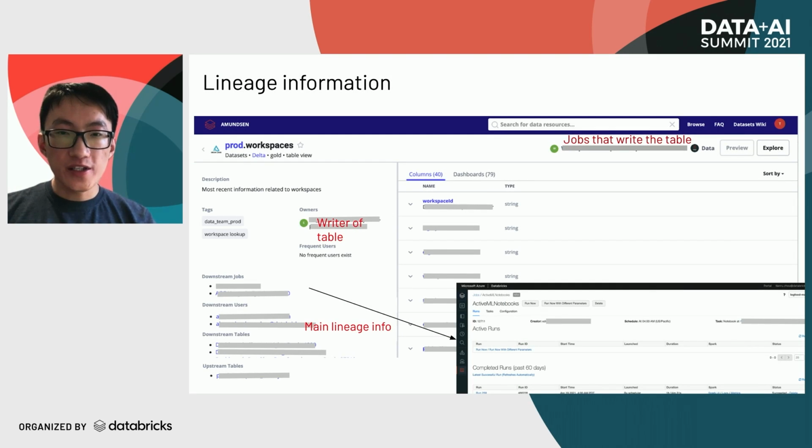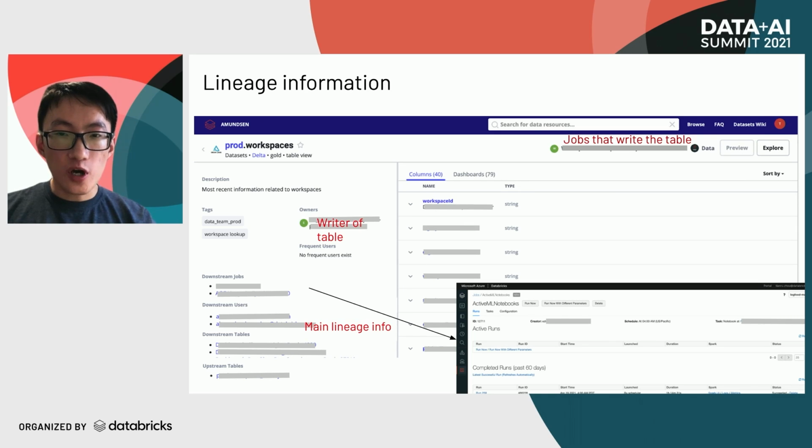So first, lineage information. Let's take a look at how lineage information is presented on the UI. On the upper left side, we can see the writer owner of the table. On the bottom left, we can see downstream jobs, downstream users, upstream and downstream tables. For upstream and downstream tables, we can follow the URL to their own dataset page.